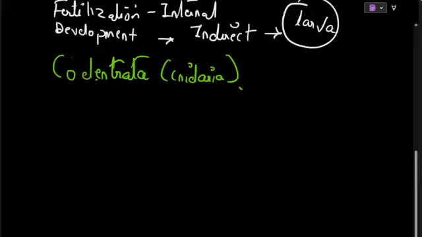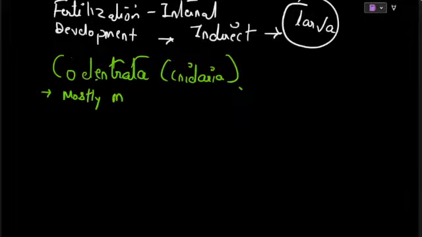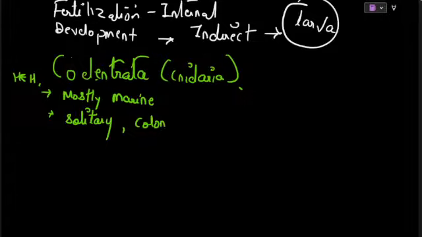Okay. So they are mostly marine. Is it correct? Please check once. We are talking about habit and habitat. Mostly marine. What do you mean by solitary? What do you mean by sessile? Sessile means cannot move. They are solitary or colonial. Next, they are sessile or free living.